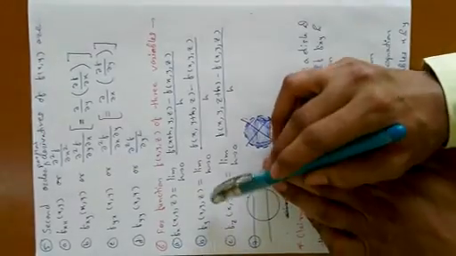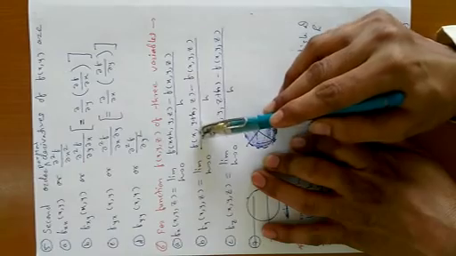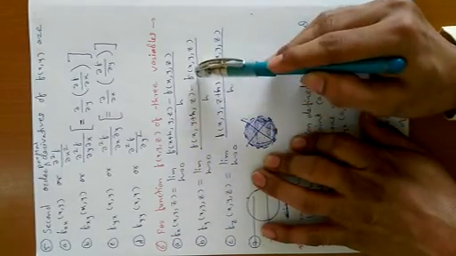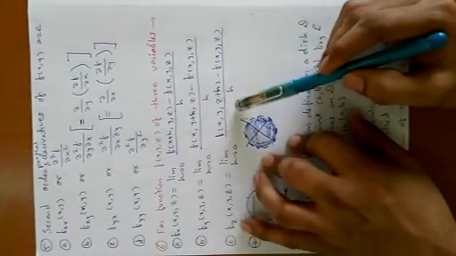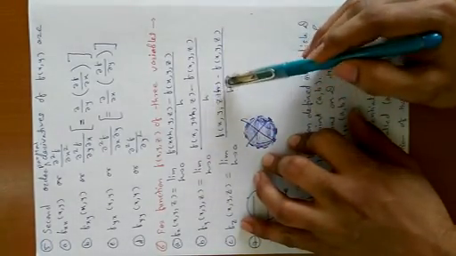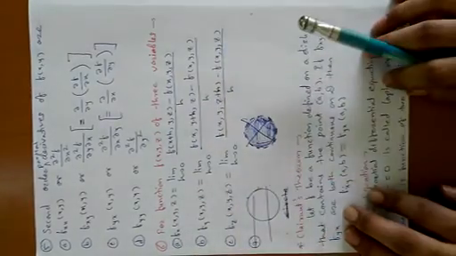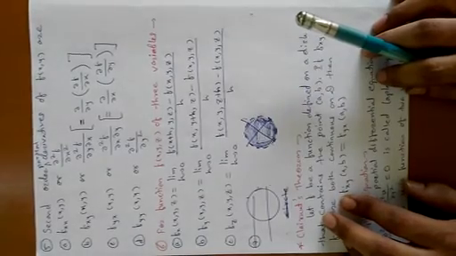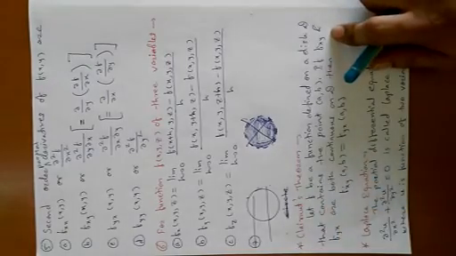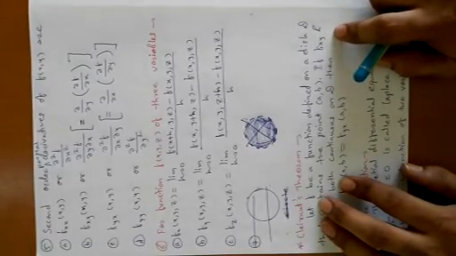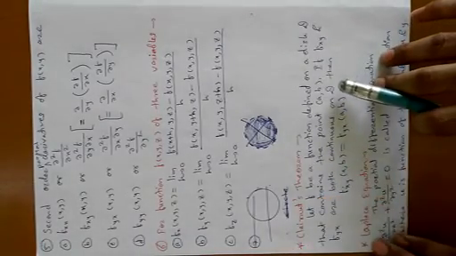Similarly for f y of x y z, there will be only change in variable y. You can observe here f of x, y plus h, z, minus f of x, y, z upon h. For f z, change will be for variable z. You can observe here z plus h and here z. These are the definitions of partial derivatives for function of three variables. Similarly, we can define partial derivatives of function with n variables.